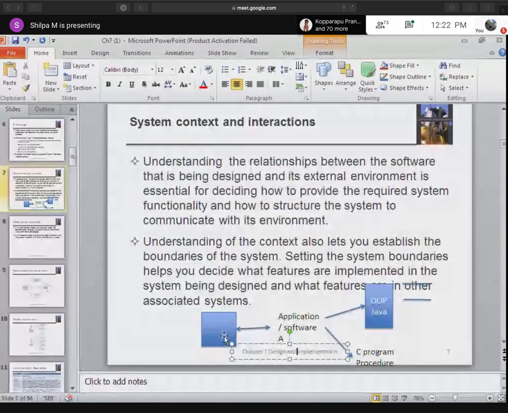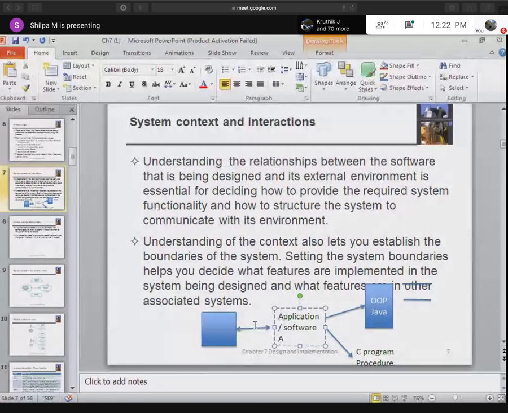Fine. Now, I need to know what the boundary is here, what I have to develop, and what the functionality of this one is. Otherwise, it will be a problem later, telling, ma'am, they asked, it was their part and not mine. Or we will say, it is my part, it is not there. So there will be a duplication or there may be a problem.